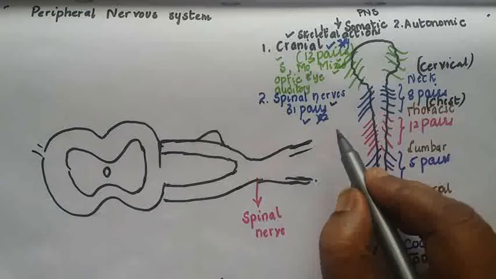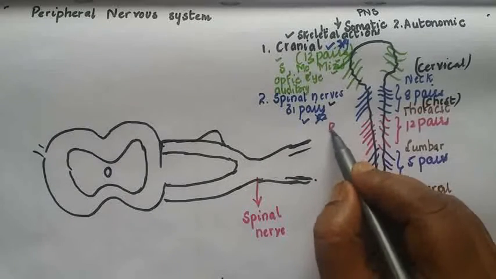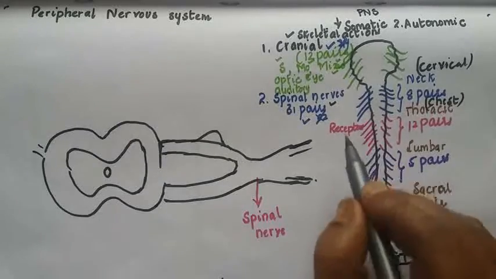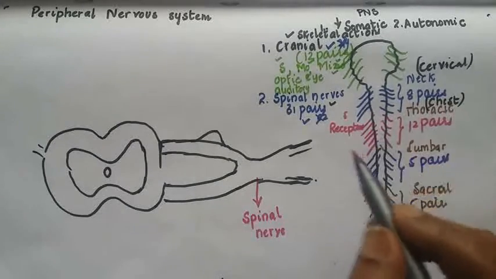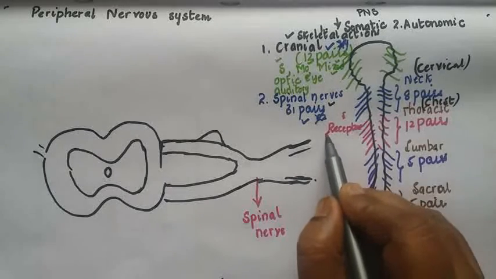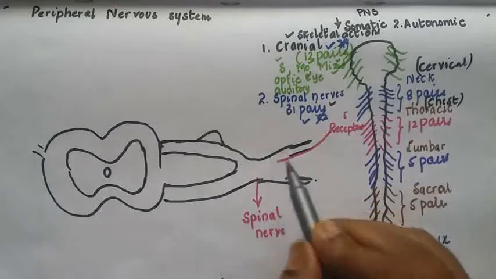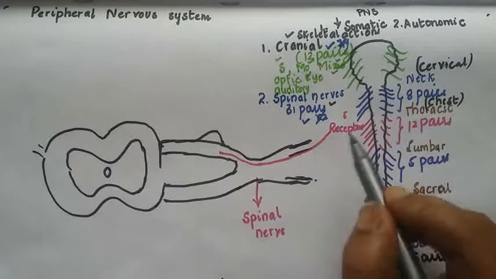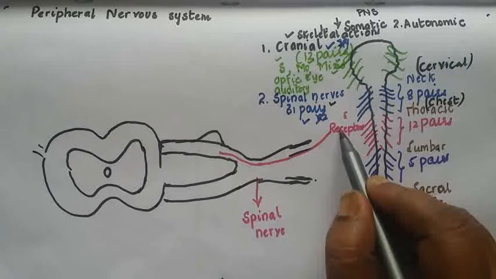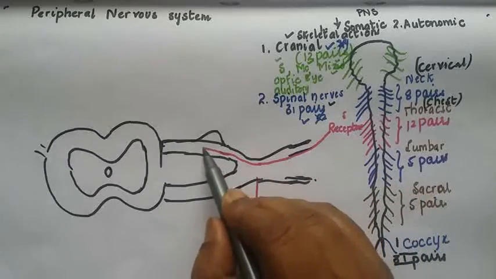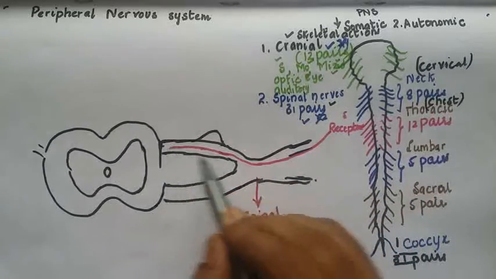Now we find the receptors which come in contact with the stimuli. So from the receptors we find the sensory neurons, the sensory neurons which are conducting the impulses from the receptors,